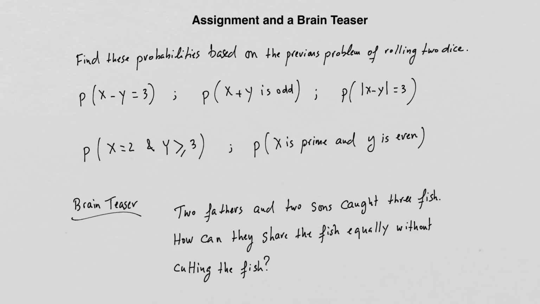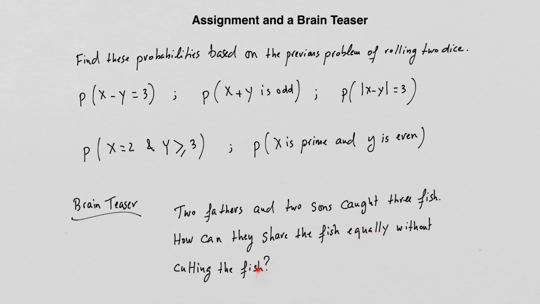Finally, since you guys are having fun with those brain teasers, I get some really cute answers. I'm giving you one of them only. So 2 fathers and 2 sons caught 3 fish. It looks like it's not enough, right? How can they share the fish equally